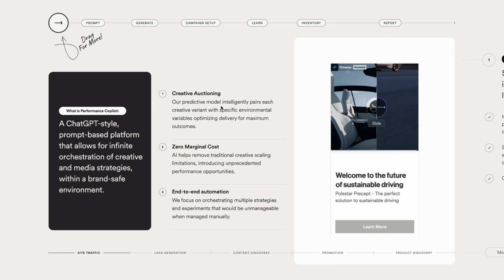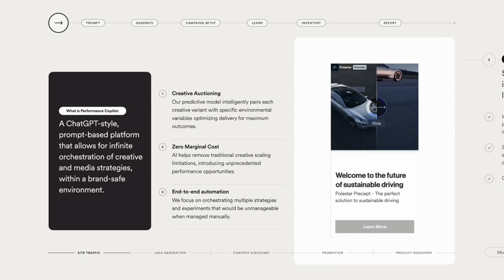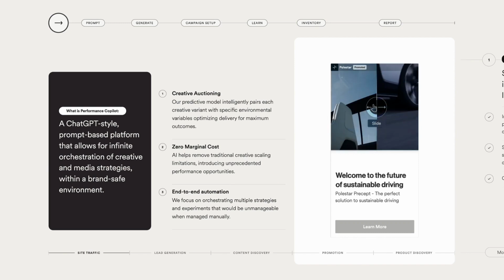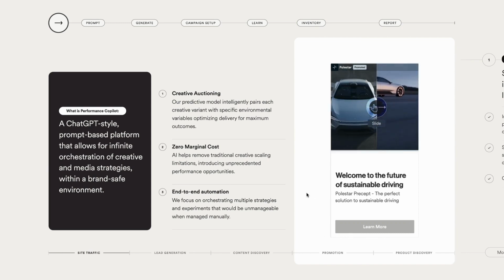Alright, so number one question, what is Performance Copilot? We'd call it an ideation playground to start with, sort of like a sandbox for your thoughts. It's like having a team of creative and strategy alchemists right there in your pocket. But first let's look at some use cases and actual creatives built using this process so that we set the